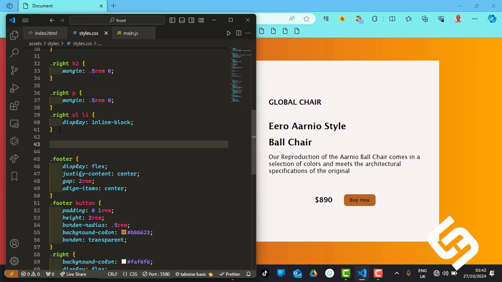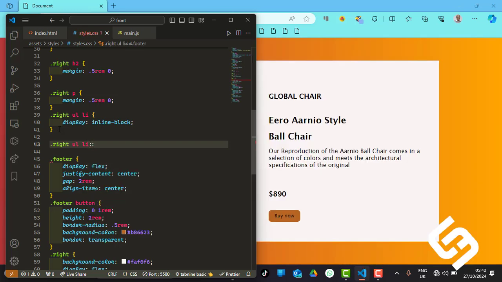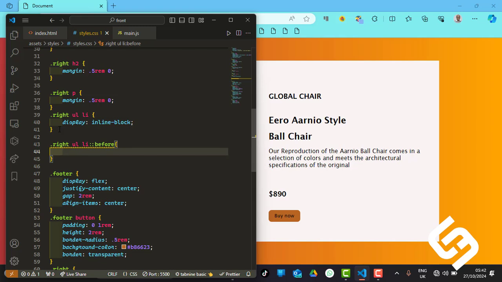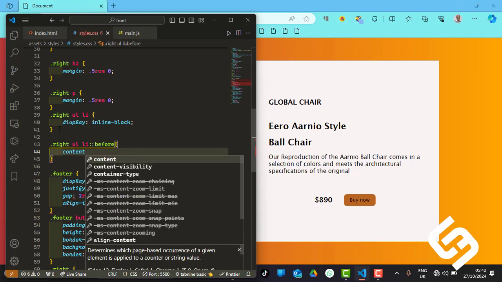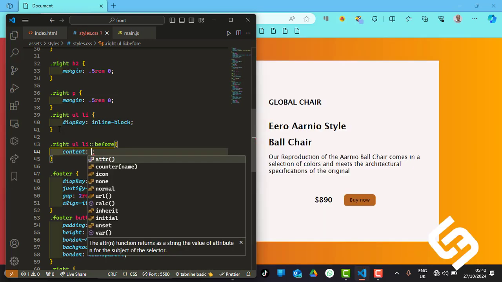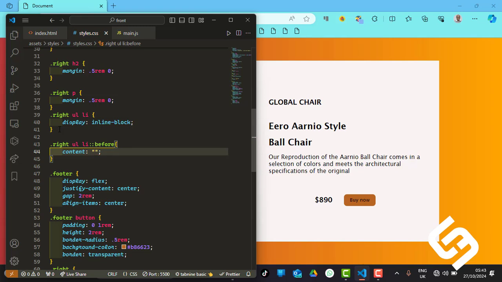So what we want to do now is use a pseudo class to get that bullet back. So I'm going to do .write UL LI, and I'm throwing before, just like this, before. So what do I want to do? The first thing I want to get there is the content, and we are using a CSS element. So I'm going to do content equals